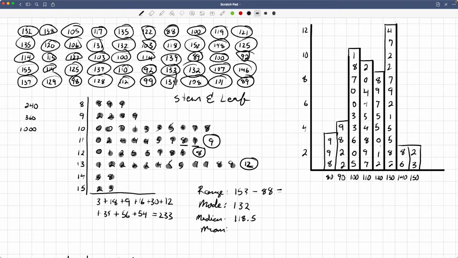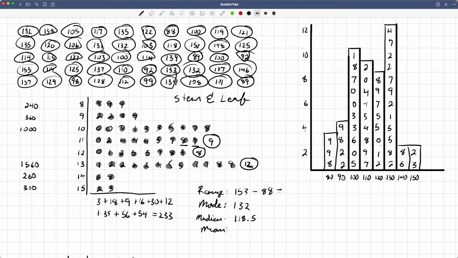And then I have, all right, 2 times 140 is going to be 280. 2 times 150 is going to be 300. If I have 12 of these, that times 130, so 10 times that would be 1300. And then 2 more 130s would be 260, so